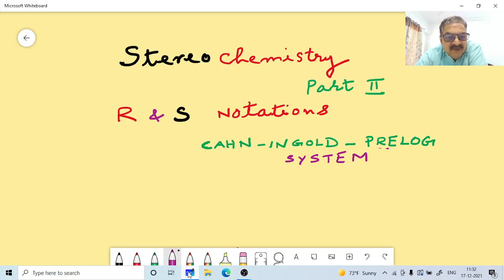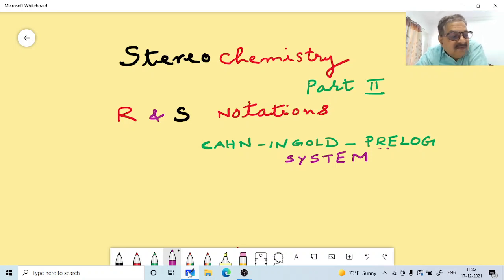Usually, the three-dimensional geometry of a tetrahedron, how will we represent it on a two-dimensional piece of paper? We are asked to do that. Now we will be doing it. The conventional method is placing two bonds in the plane of the paper, and one bond in front of the paper, and one bond behind.